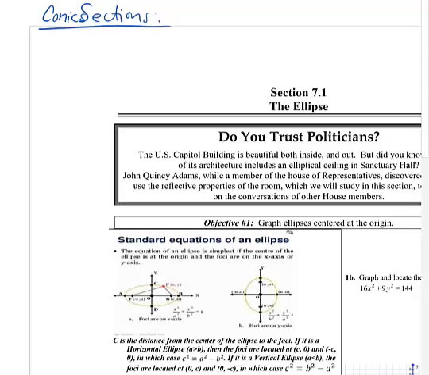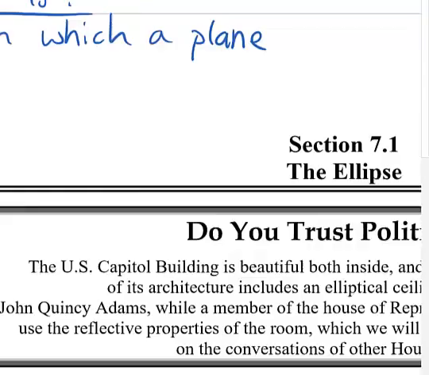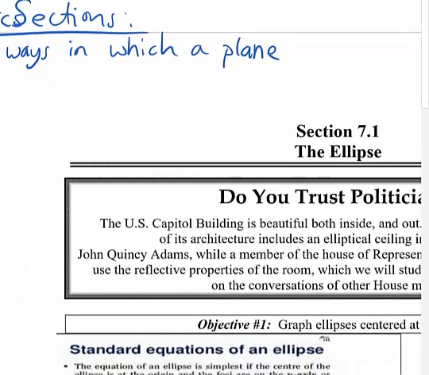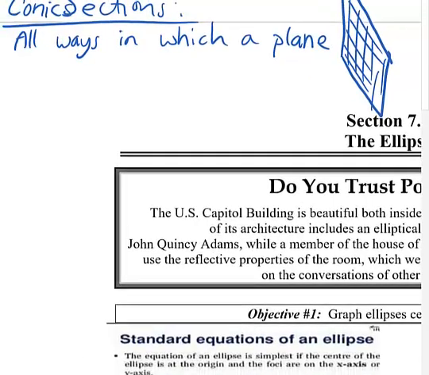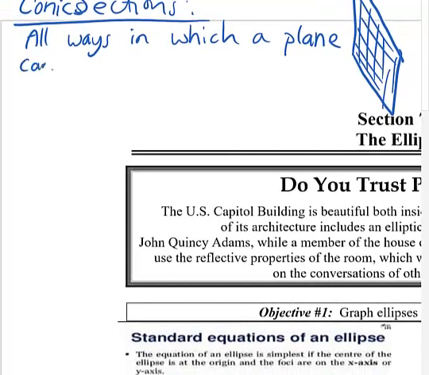They are all ways in which a plane, and no, plane in real life we think of a plane as an airplane, but in math a plane is like an infinitely flat object that goes on forever, kind of like a piece of paper. So imagine there's a piece of paper, but it goes on forever. It's not like it ends, it's just infinitely flat, and then it goes up and down and left and right forever, in which a plane can